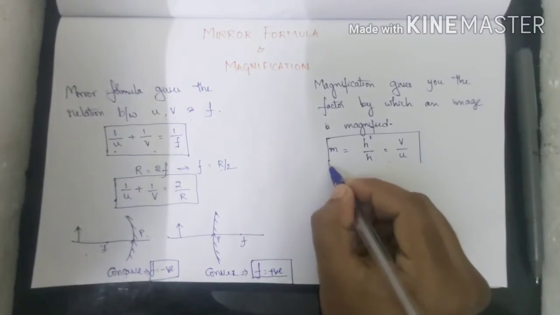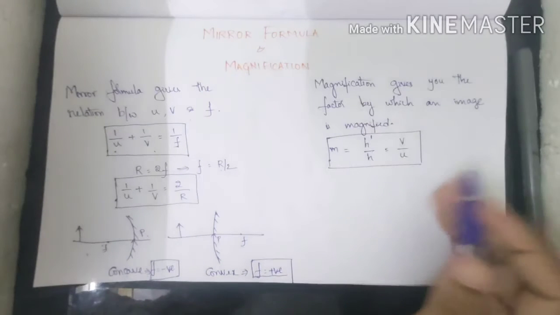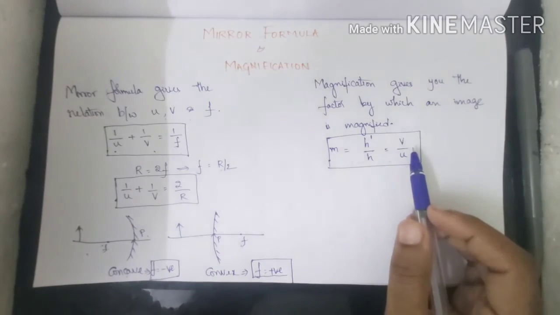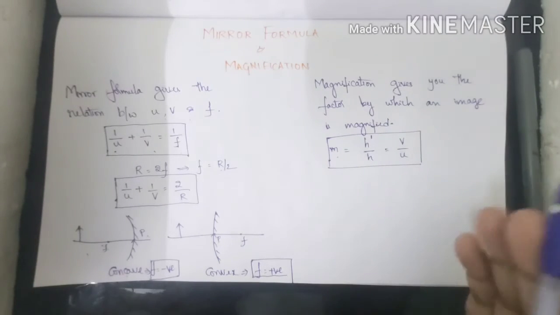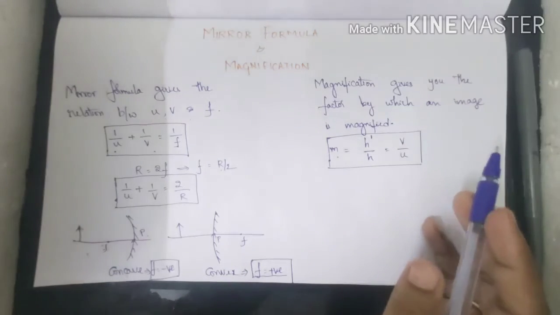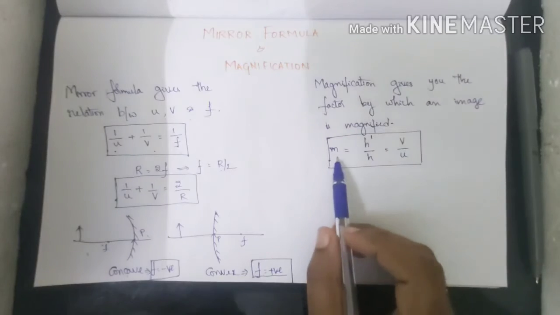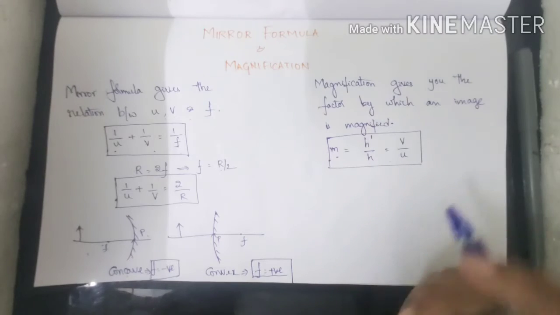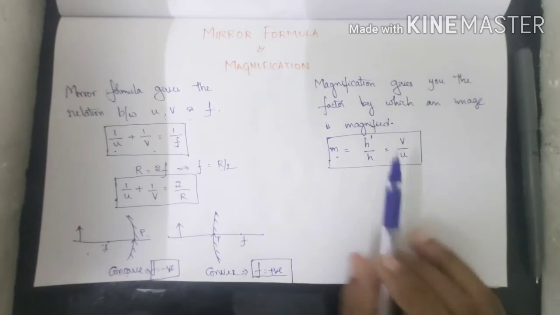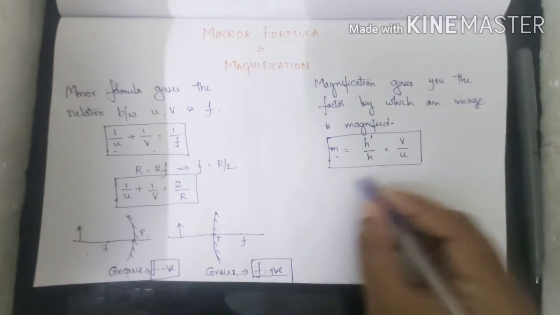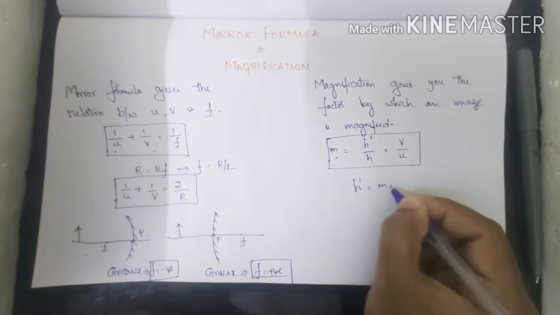This m is used to tell how much magnification the object has. If it is a number like 1, 2, 3, 4, like an integer, which means the m value is an integer, then it means the object will form an image which is magnified. But if it is giving the value of m as decimals, then the image formed is diminished, which is smaller in size compared to the object. This is m equals h prime by h, or minus v by u. From this we'll get h prime is equals to m into h.